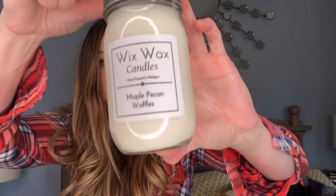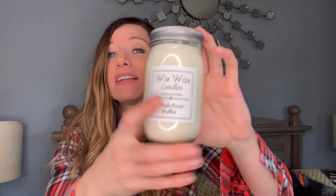Oh my goodness. That smells so good. So sweet. I could eat it. On the bottom, it says the scent as well as the warnings. Do not burn the candle more than 4 hours at a time. Keep away from children and pets. Look at that. Very simple jar, but inside, this one is,